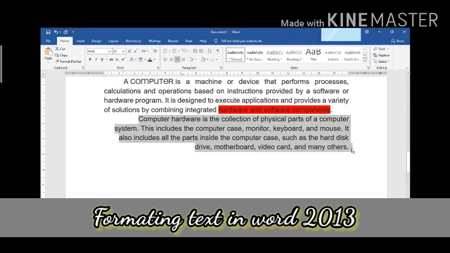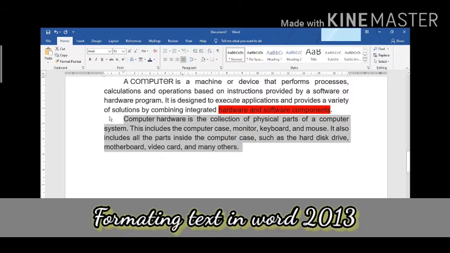If I want whole of this text to be justified in this page, then I will click on this simple lines. Okay, so the text will get justified like this. I hope you get it. Okay, now moving ahead,